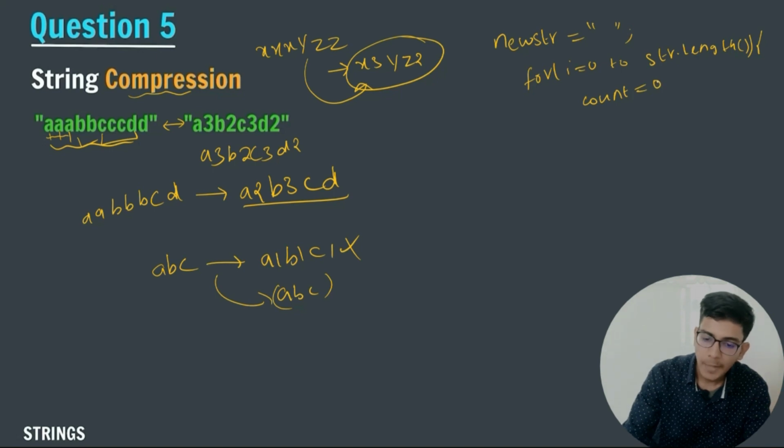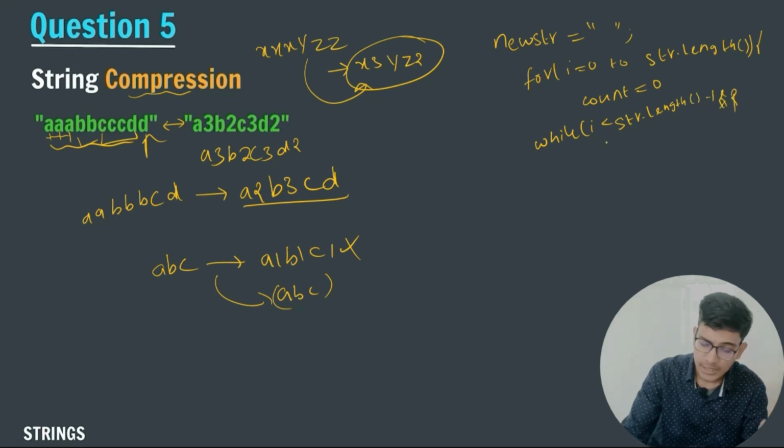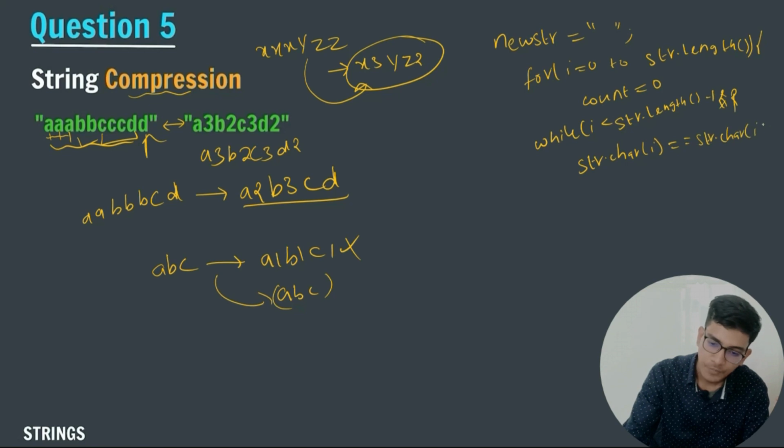So this count will keep track of each character, in other words, how many number of times a particular character has repeated. After that, in this I will run a while loop. While my i should be less than str.length minus 1, I am checking for up to n minus 1 characters, right? And inside the while loop, if str.charAt(i) is equals to str.charAt(i plus 1),